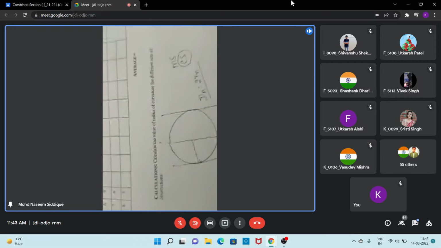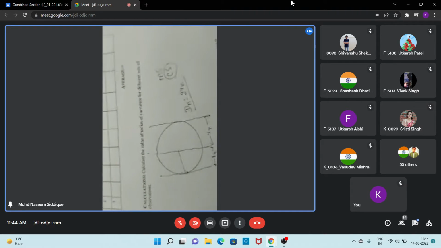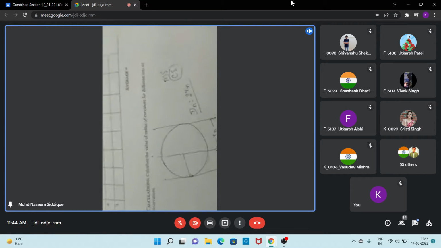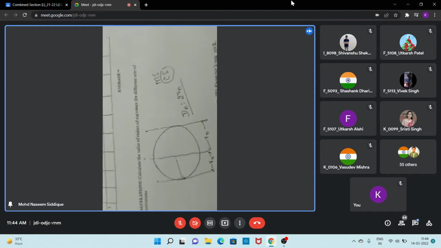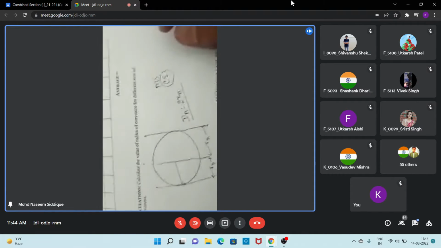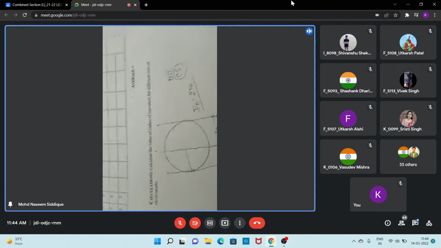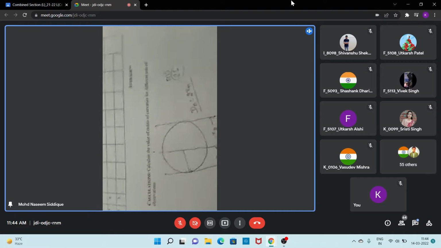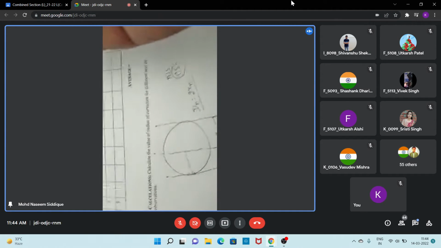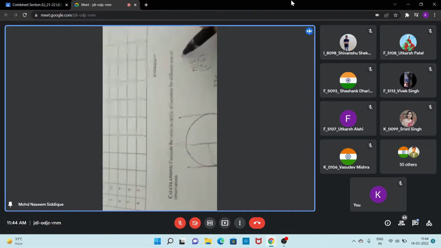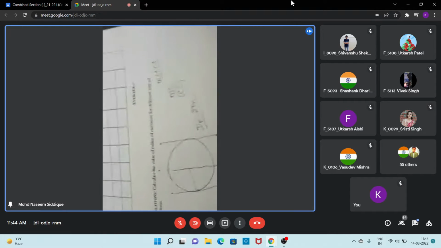The main scale is in millimeters and the circular scale will be in divisions. So to find the circular scale reading, we will multiply the number of divisions with the least count of the circular scale. Suppose 10 divisions are matching and the circular scale has a least count of 0.01, so our reading is 0.01 multiplied by 10. The total reading will be the main scale reading plus the circular scale reading.